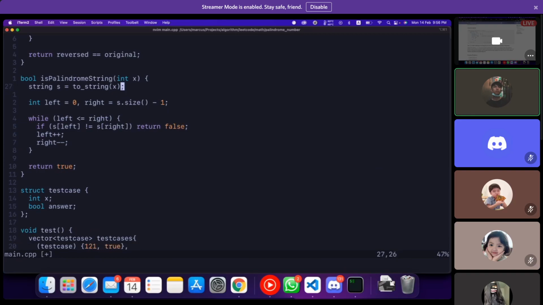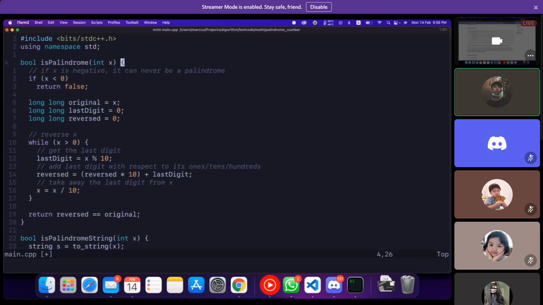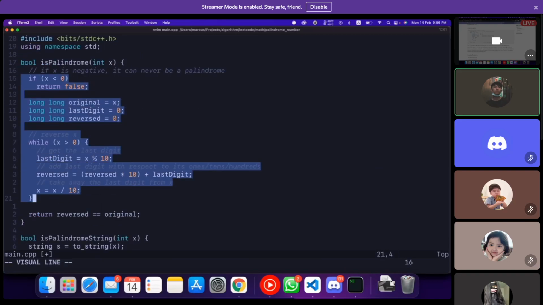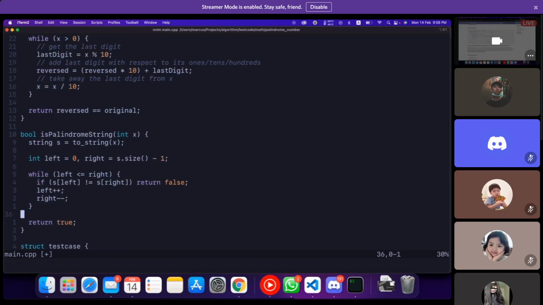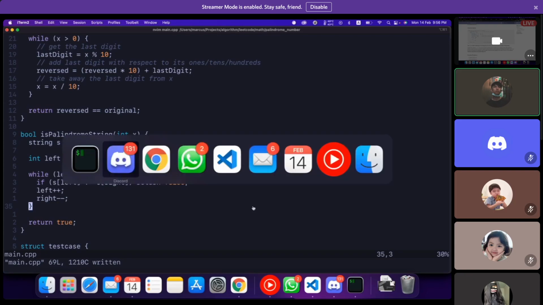This one is much faster, because you don't need to create a string then use two pointers to look through it. Basically you just do math. Computer is very good at doing math. Doing math is much more efficient than doing checks and searches and a lot of other stuff. So basically this is the